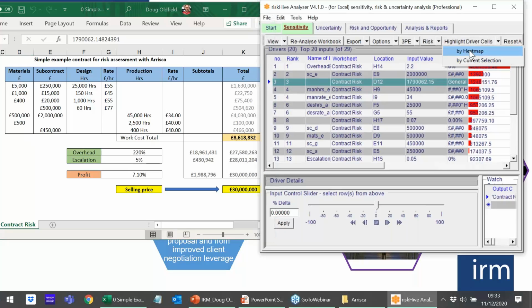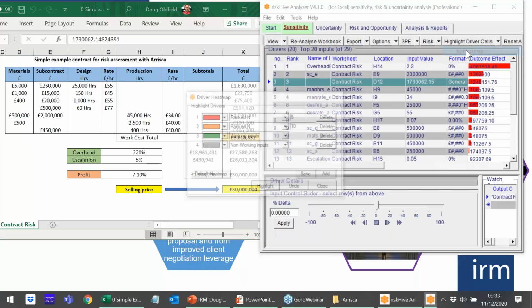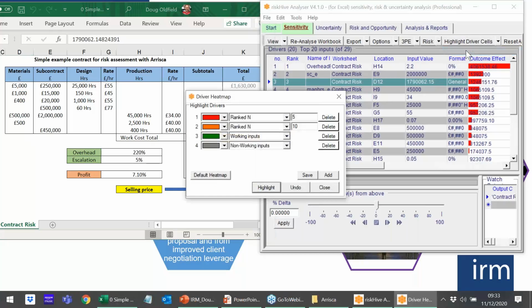And so if I just click that, this is a really useful little technique for anybody who ever does any looking at other people's models. I really like this technique, and what I'm going to do is just use Excel cell formatting to highlight or color the input cells to reflect their significance.